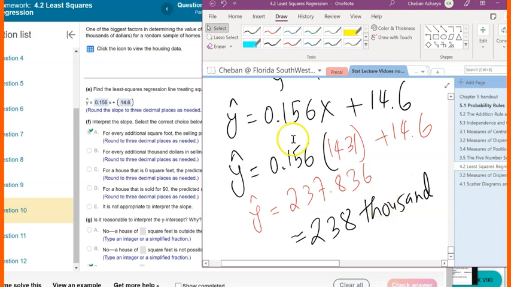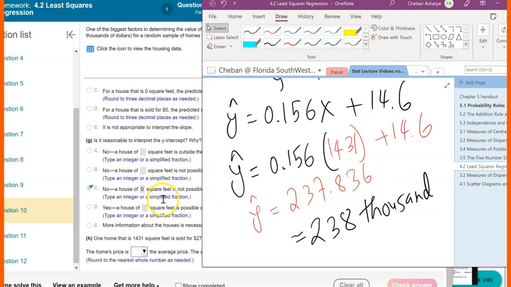Okay, I did here. This is the equation, 0.156 times x plus 14.6. I put x value 1431, and I solve, and I get y hat equals 237.836. Okay, but the question asks to round to the nearest whole number. Is 237.836 going to be 238? And this is the predicted value. That means the average value